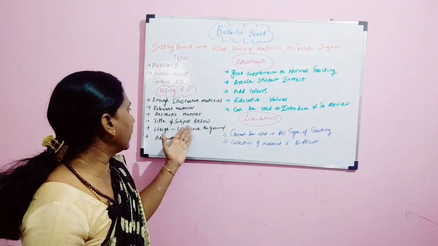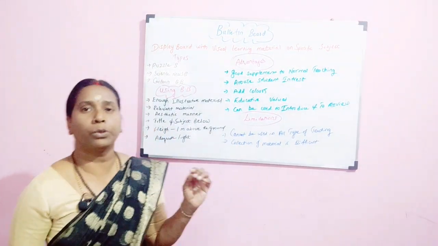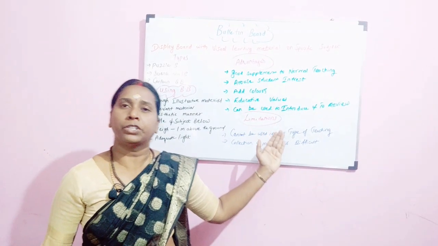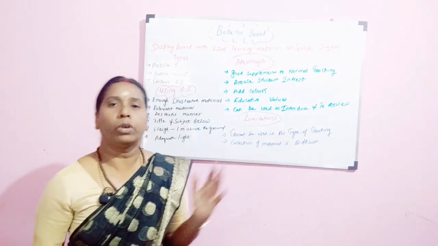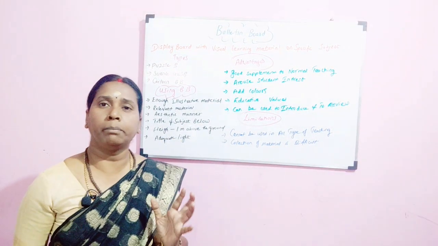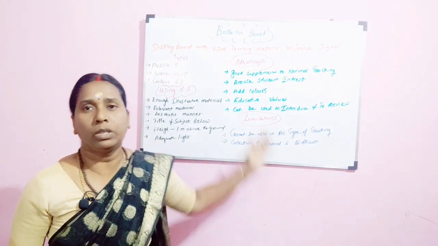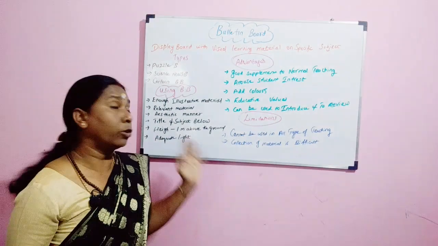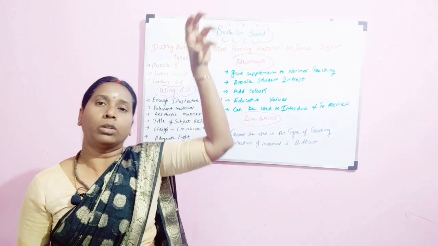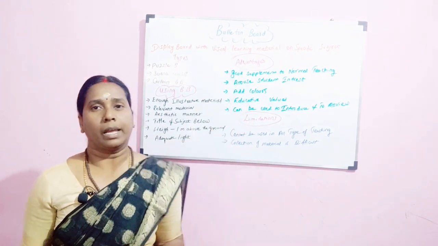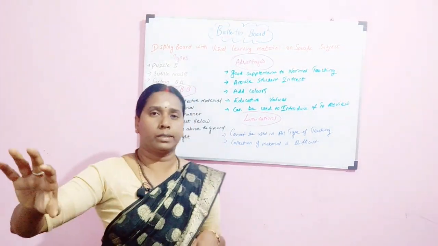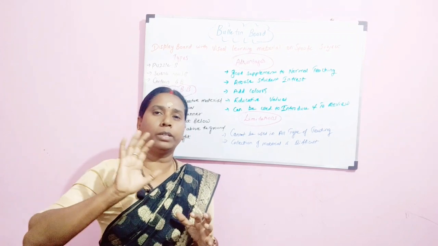Then we have the title and the subject below. When you have content, first you must have a title at the top, and the related pictures or images have to be pasted on the board. The height of the bulletin board must be at least 1 meter above the ground. Then adequate lighting: wherever you place the bulletin board, there must be lighting on top of it. So you have to use bulletin boards very carefully.